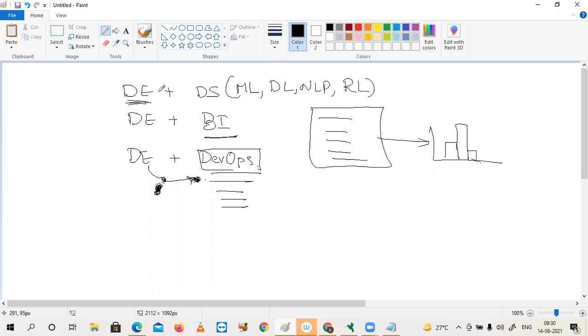The transformations you do for BI are different from the transformations you do for data science. Got it? It depends on your target, to whom you want to provision your data. Based on that, your transformation styles will be completely different.